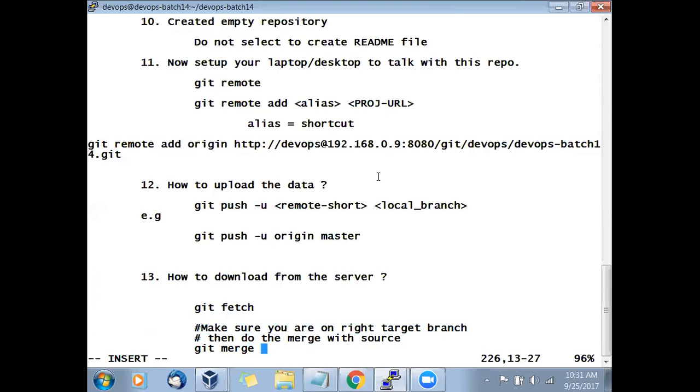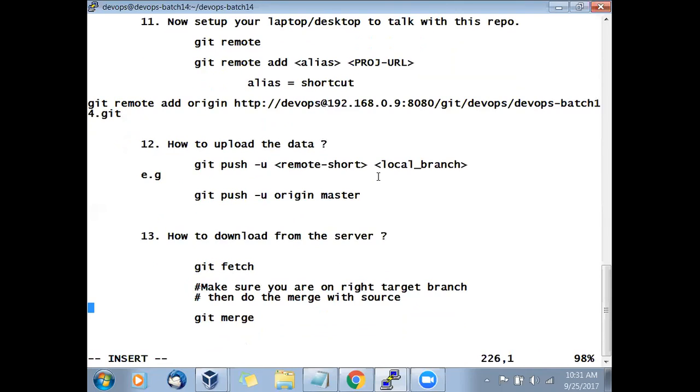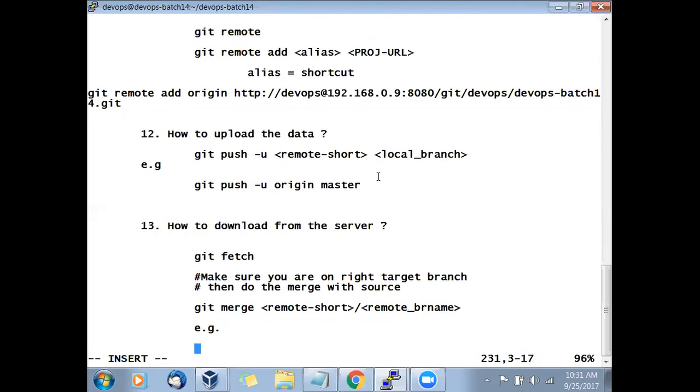So in this case, what is my source? Let's say you want to merge into the master branch of the local repository, which is your target branch. Git merge origin master.